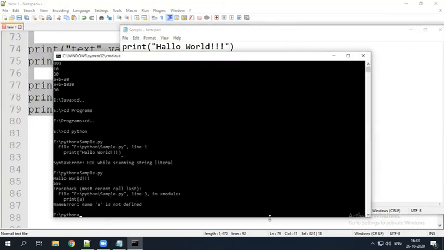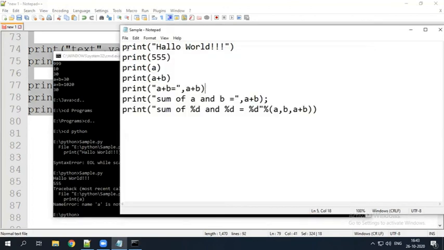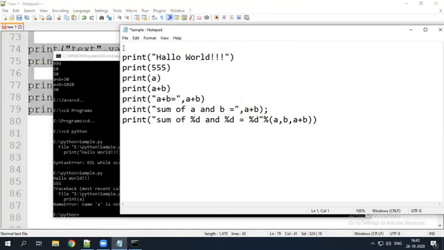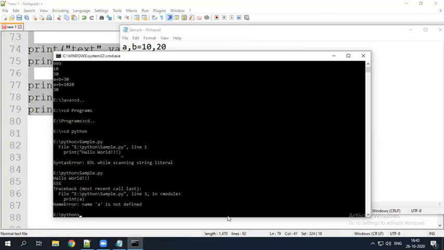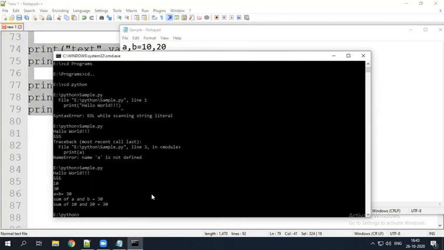One more time. Yeah, I have to declare the variables a and b. So here my variables a comma b is equal to 10 comma 20. Here also we need not specify the data types of a and b. Internally it will take the data types. So that was the mistake here. Save and run again.